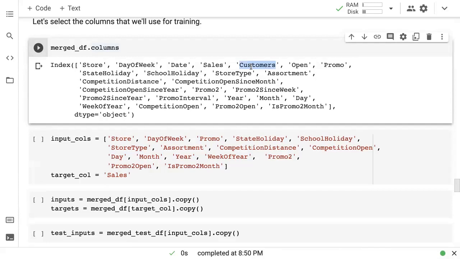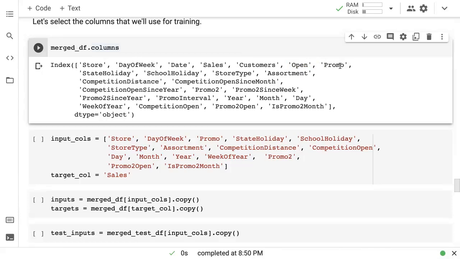Now, one thing you could do is train a number of customers prediction model, a model that predicts number of customers, and then use the prediction of that model as an input to the prediction of this model, etc., etc. But let's not go there yet. Right now, we are simply going to drop number of customers as an input column. Open is again something that we're not using. We've already gathered information from it, which is to drop all the rows of data where the particular store was not open. And we are training a model only for the days where the store is open. So open is a useless column. It just contains the value 1 now.